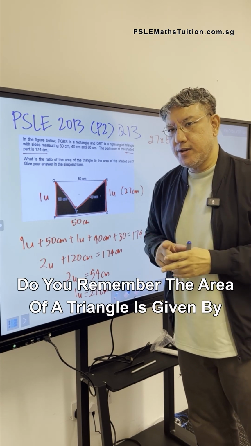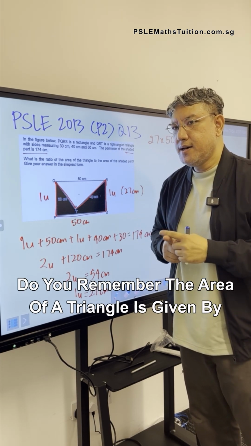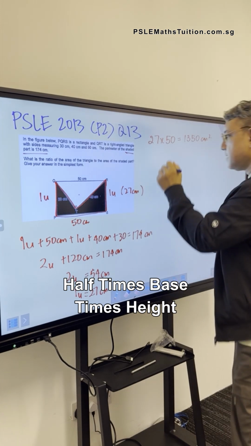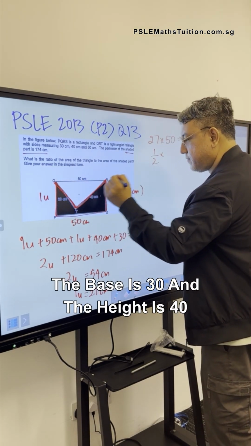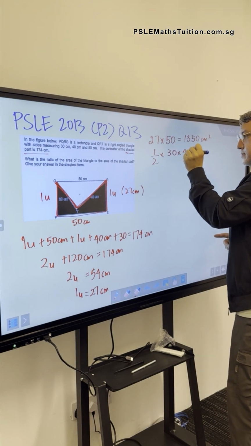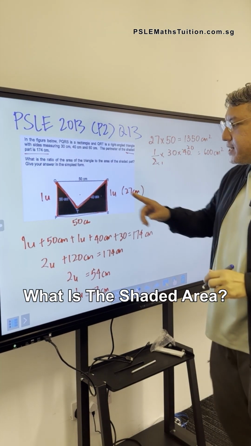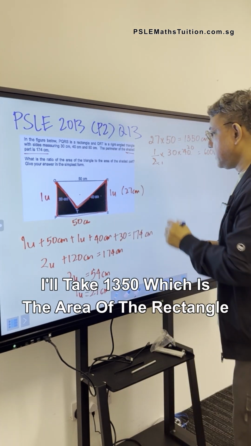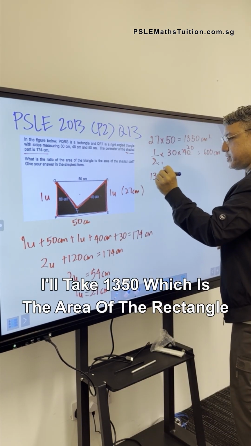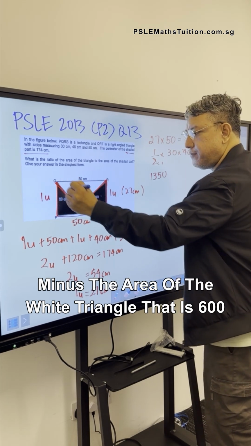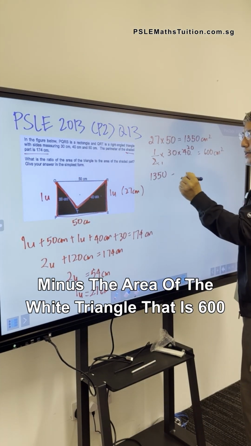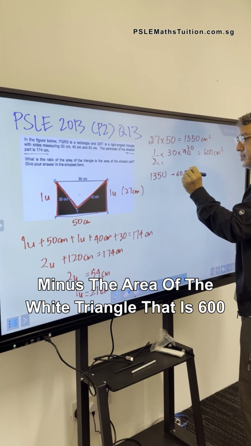Do you remember the area of a triangle is given by half times base times height? The base is 30 and the height is 40. What is the shaded area? I'll take 1,350, which is the area of the rectangle, minus the area of the white triangle, and that is 600, giving me